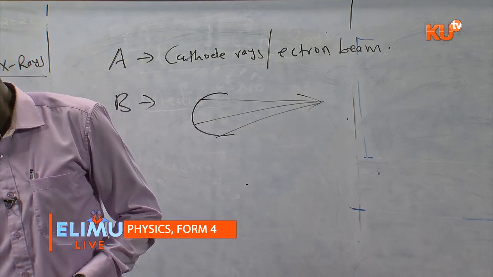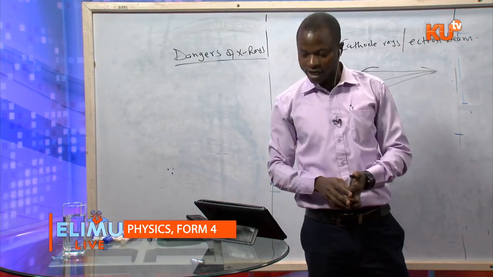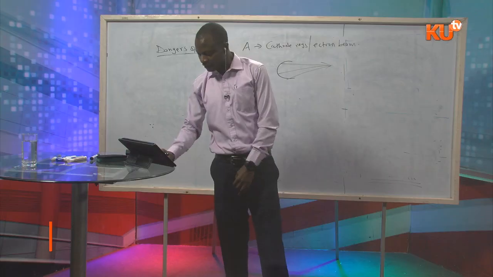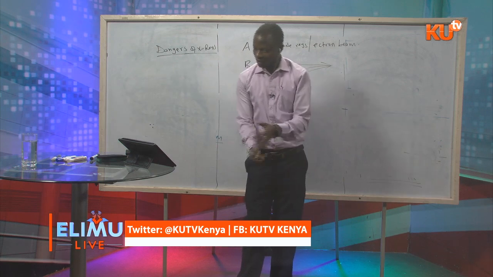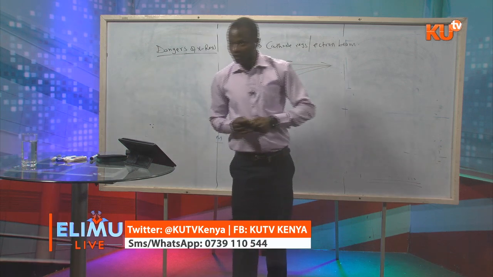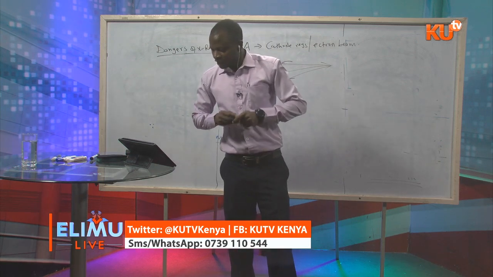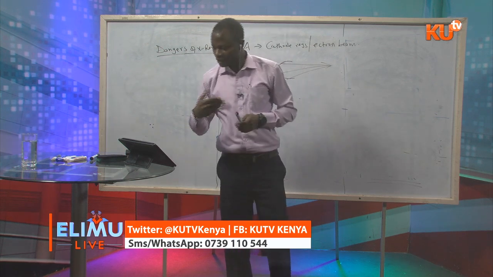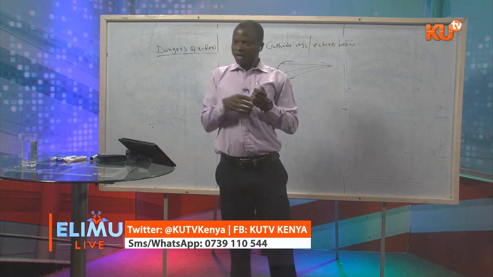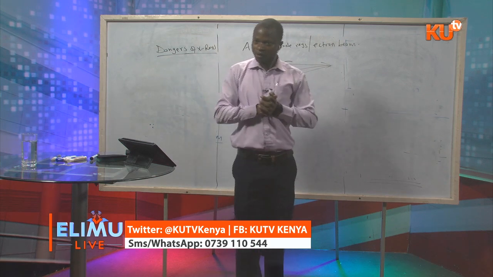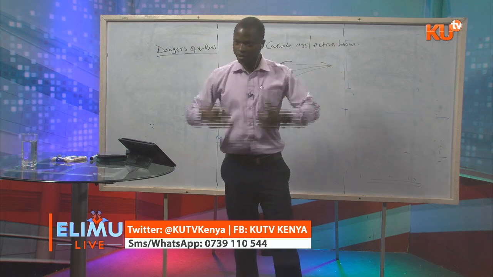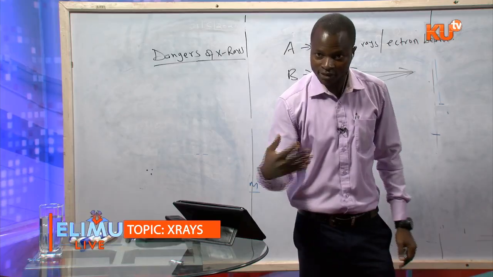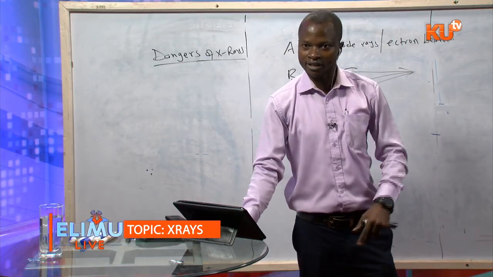Then lastly, Joseph Kangede from Kilgoris Boys High School. Why is it difficult to verify the wave nature of X-rays by refraction experiment? Actually, it's very difficult because X-rays are not very true EM radiations. Therefore, we cannot look at them the way we look at light, because we need to produce them in an X-ray tube. So we may not be able to produce them like that. You know, like light, it's very easy to make light even using a simple